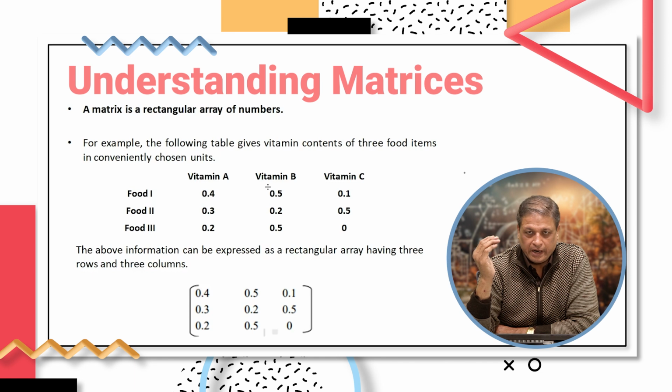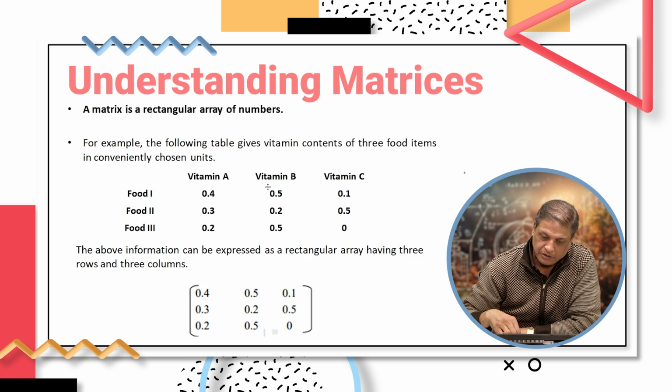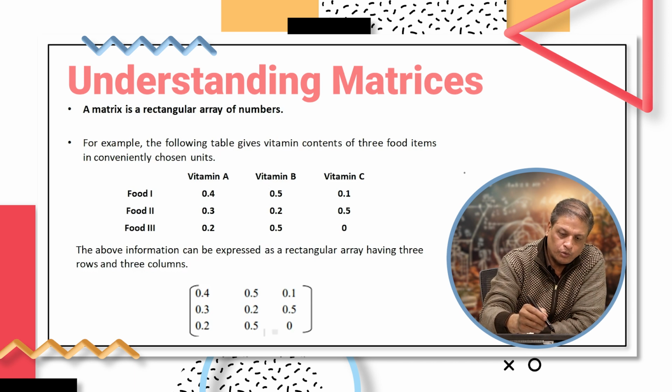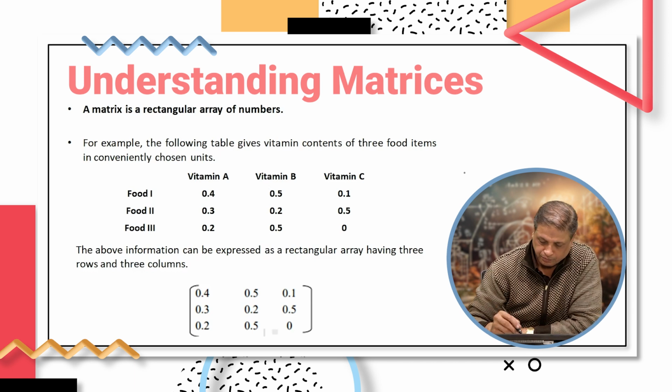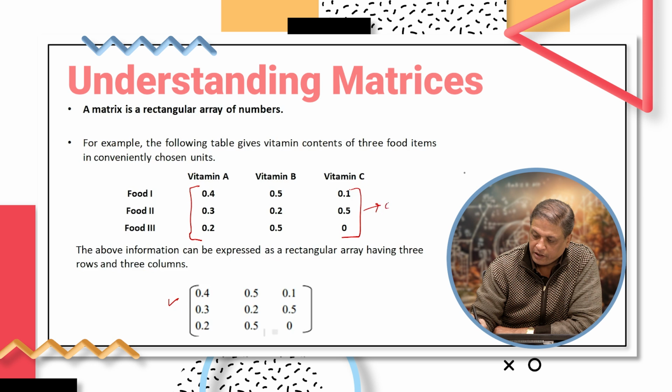Now, this is a rectangular arrangement wherein we are easily able to see that 0.4 is the value for vitamin A in food 1, 0.5 is the value of vitamin B in food 1, and 0.1 is the value of vitamin C in food 1. Now, we can represent these values in matrix form like this. This enclosure is nothing but a matrix,